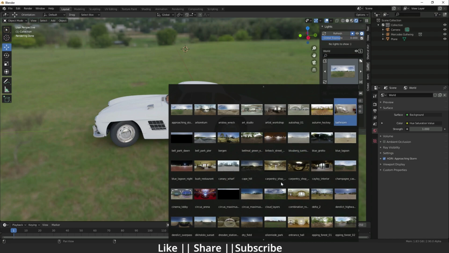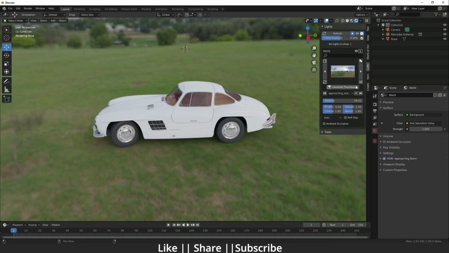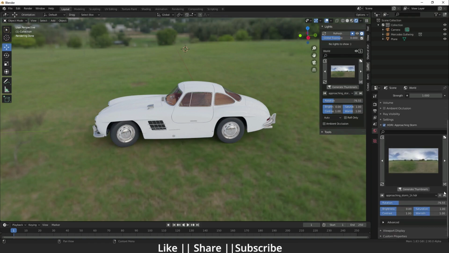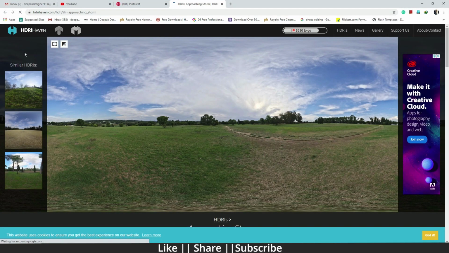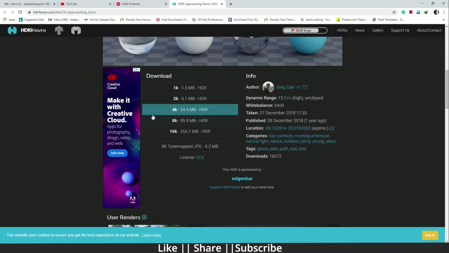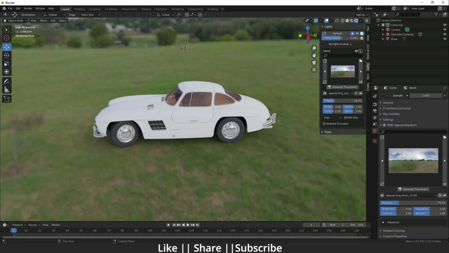And if you want to add more HDRI, you just click it and go here, and the option is that plus icon. Whenever you click it, you go directly to the HDRI Haven section, and here you can download your favorite HDRI. And you can directly link with that HDRI section.